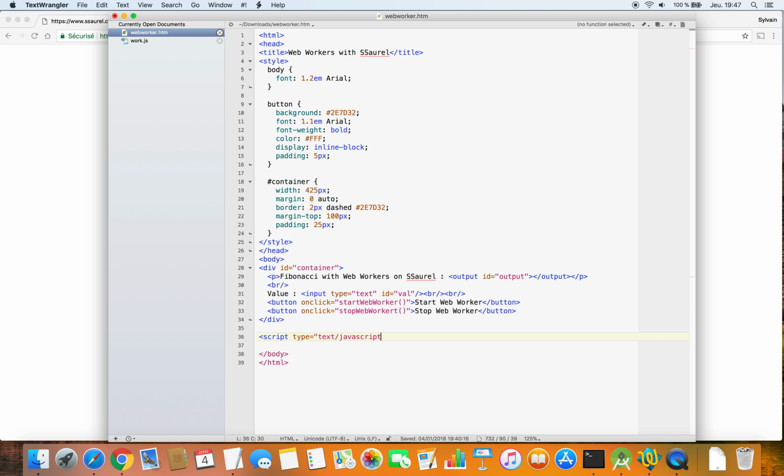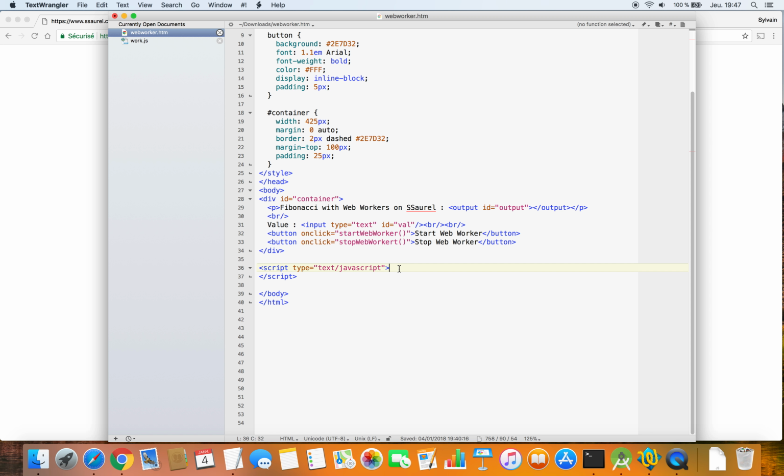Finally, we have to write the JavaScript code. We create a variable for the web worker instance, and then we create the start web worker function. We initialize our web worker inside the function, and then we will get a message.